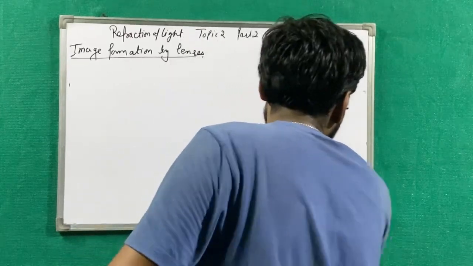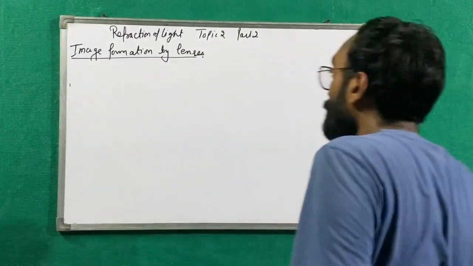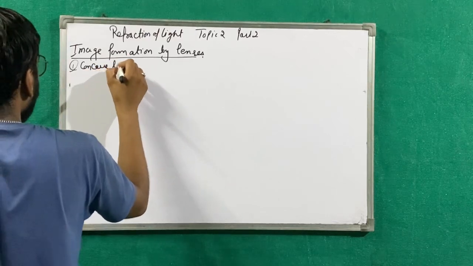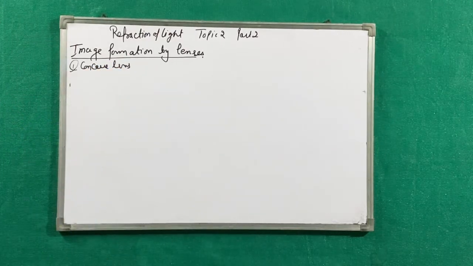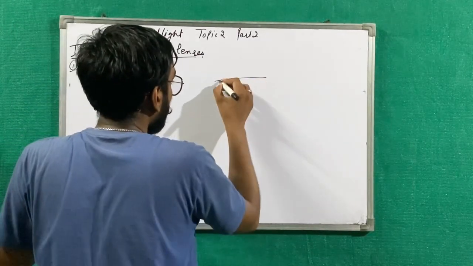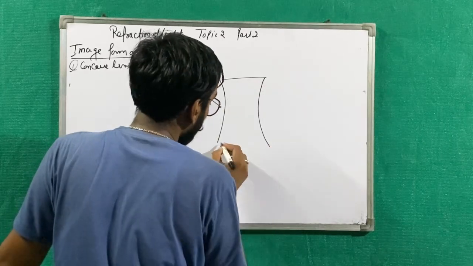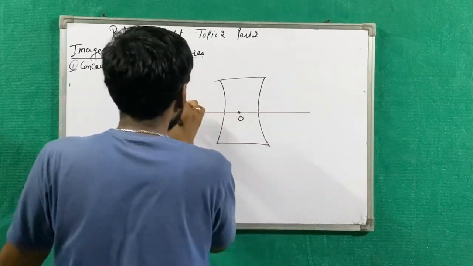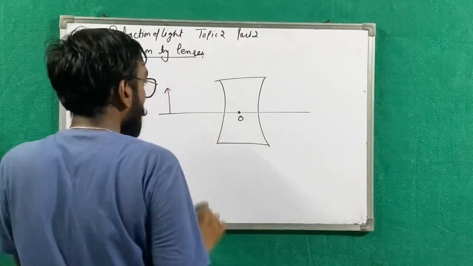For the concave lens we are going to have an image formation like this. This is going to be our concave lens, this is going to be our optical center, this is going to be our